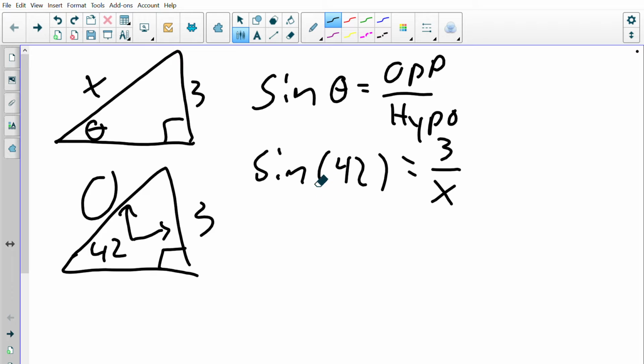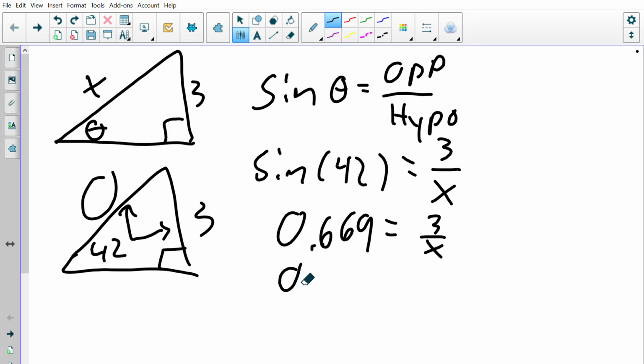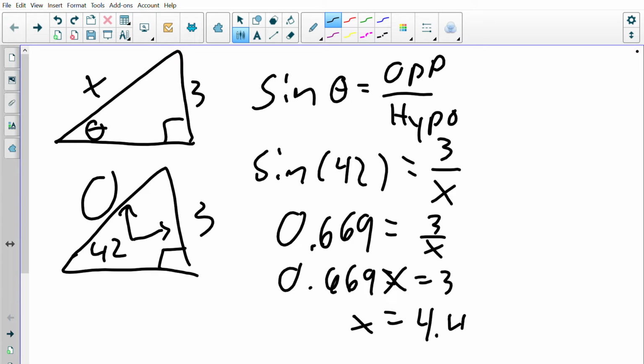So when I plugged sine of 42 into my calculator, I got 0.669. Now I'm going to multiply by x, and then divide by sine to get x by itself. When I did that, I got 4.48. So my hypotenuse for this example is 4.48 given